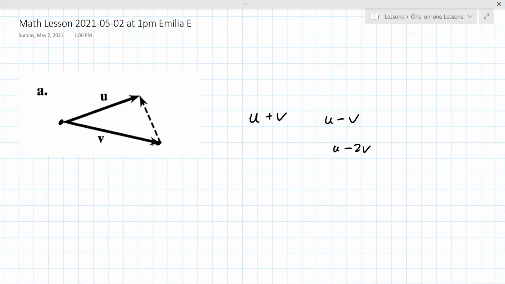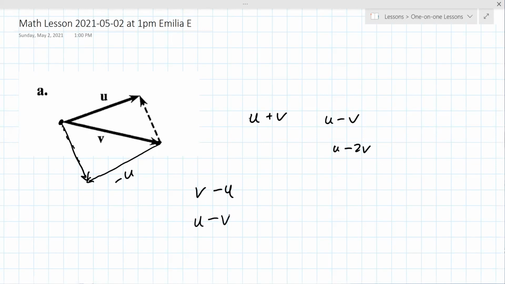So I was trying to, not doing a good job, but if you take v and then you come back u, that might be easier to show there. So if you go v minus u, the reason it's minus u is it's going the other direction. Then you get this one right here, which is actually going the wrong direction. We really want it to go up, not down. So in short, you have to flip these. It becomes u